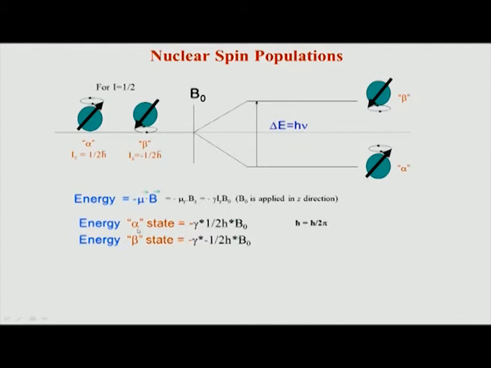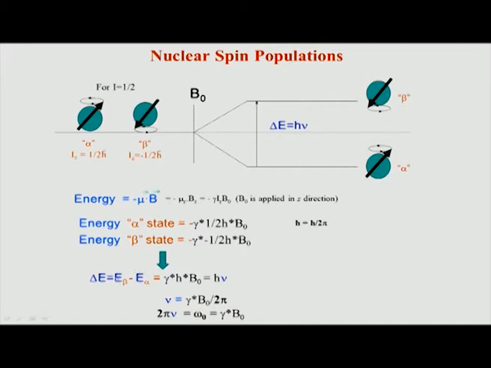And you can see that if you have an alpha state, that is when spin is plus half, you essentially end up with this. Remember, in all these equations we use h cross, or h bar, which is basically the Planck's constant divided by 2 pi. And if you have a beta state, the molecules which are in the upper state, they will have an energy given like this, but minus into minus cancels out, so it becomes plus. So, this is a positive energy value, and this is a negative. What we need to find out is the difference between the upper energy and the lower, that is, the difference in the two energy levels.